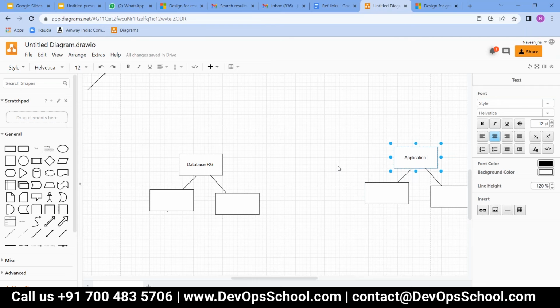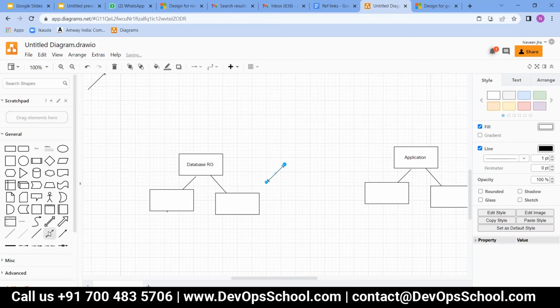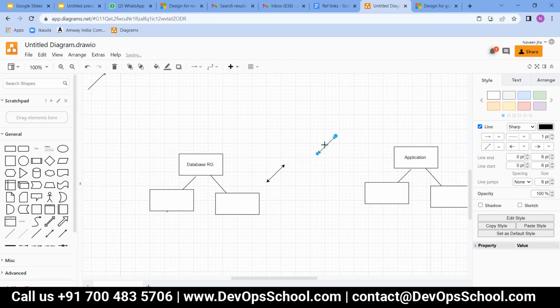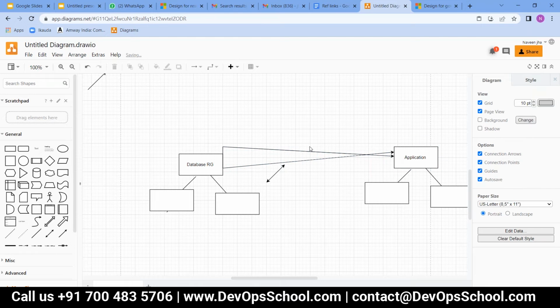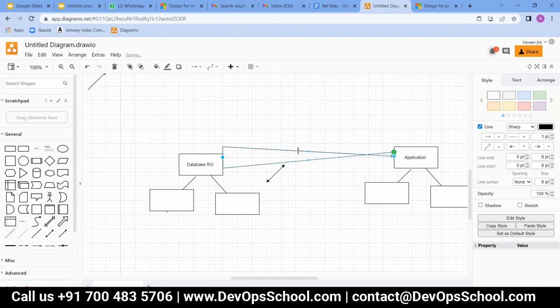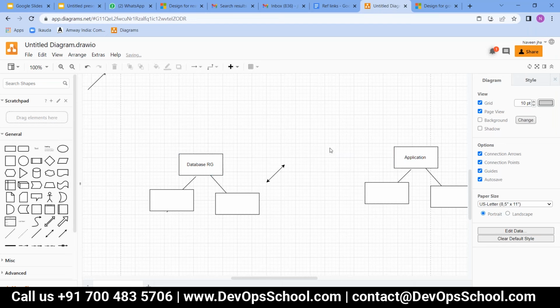Your application is up and running, and then definitely there is a need of communication to and fro between your application and your database. Okay. So maybe something like that. Maybe there is a need of communication between your application and your DB.